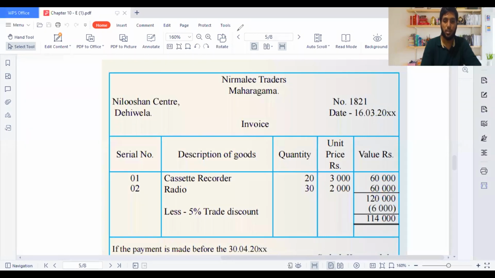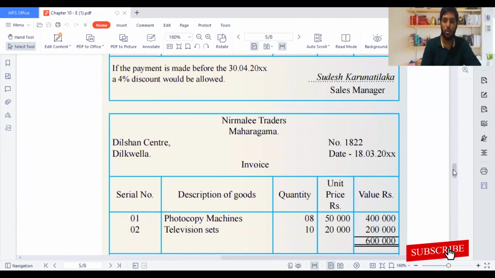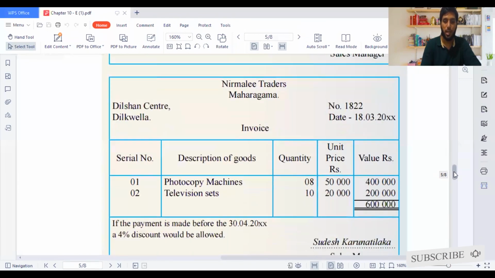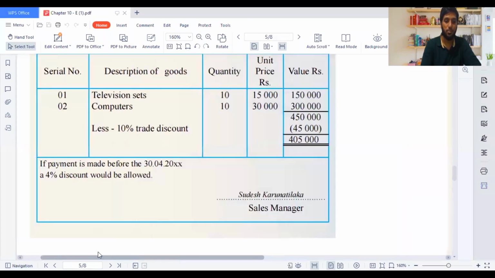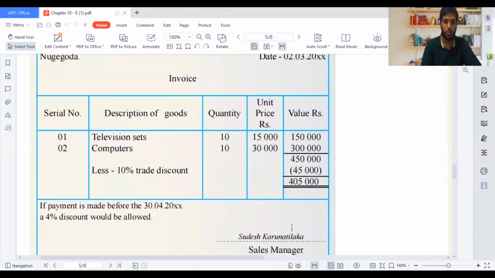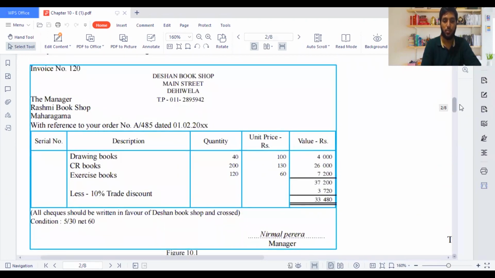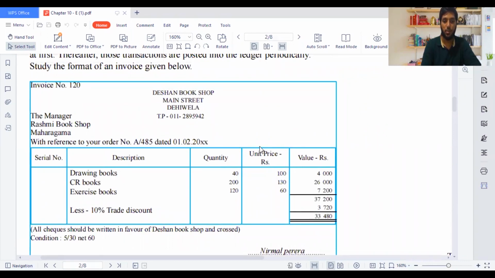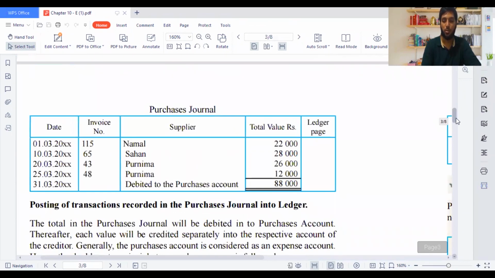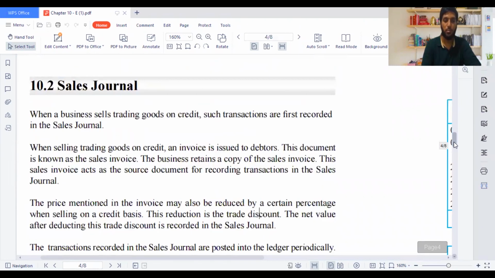Moving on to the next part, the third invoice, the sales invoice which we have made, because you might see all these invoices are made by Nirmali Traders. And how do we consider it as a sales invoice? Because you see it's issued by the sales manager. Now, earlier invoices on the purchase journal in the previous sum, how do you find it is a purchase? Because they have given a format, and they would say it's from a purchase manager, so in some way purchase will always be stated. And also they would say that if you make the payment within a particular period of time, then of course you will get a discount.